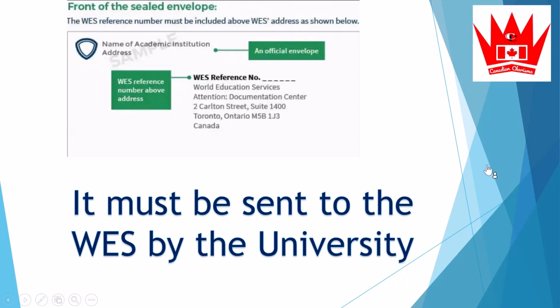Guys, make sure your documents are sent to WES by the university. But in case they refuse to do that, you should go to the nearby post office and post the documents by yourself. Why am I saying the nearby post office? Because the postal code should be the same as the university's. Guys, WES has a new option now in which WES started accepting documents electronically. The next video is coming very soon on how to apply for ECA from WES online.